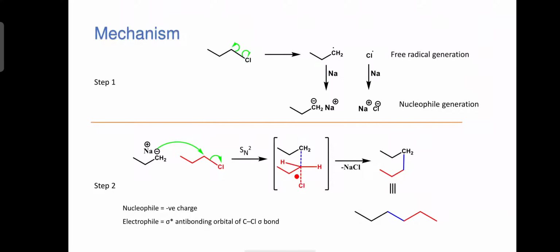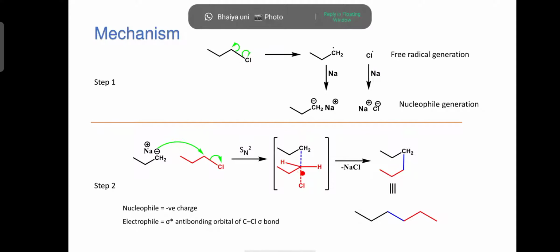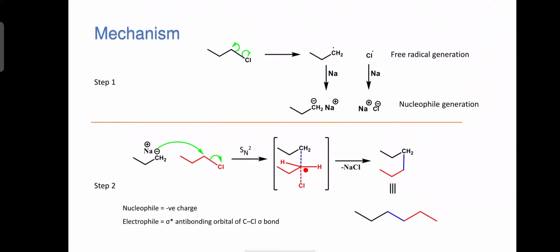So here I have represented the bond which is going to break by red color, and the bond which starts to form by blue color. And here I have represented this hydrogen atom to only show the geometry of this species, like trigonal bipyramidal species it is, and it is generally the transition state, which is usually forming in SN2 type reactions, and